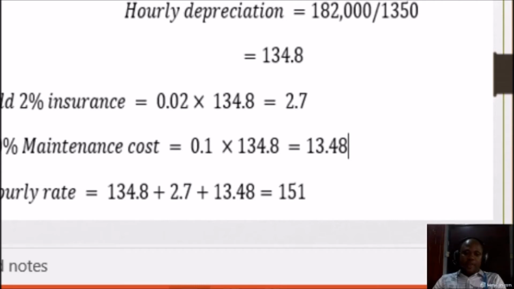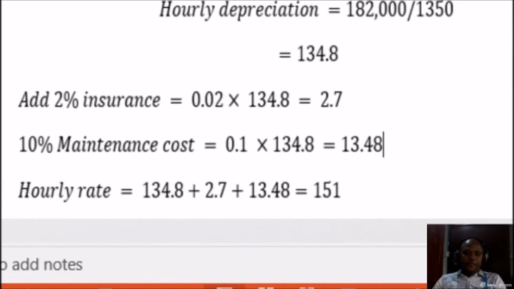So we divide the annual depreciation by that sum, which will give us 134.8 naira. So this is the rate at which the equipment will be depreciating on an hourly basis,